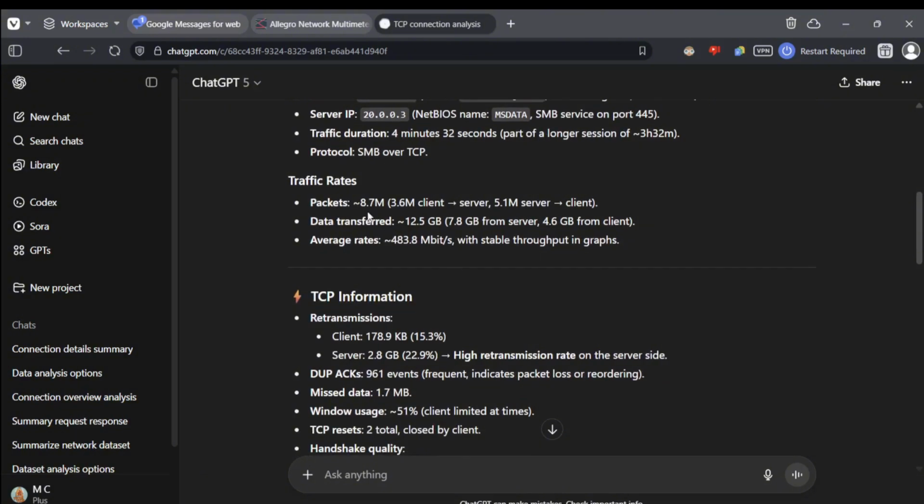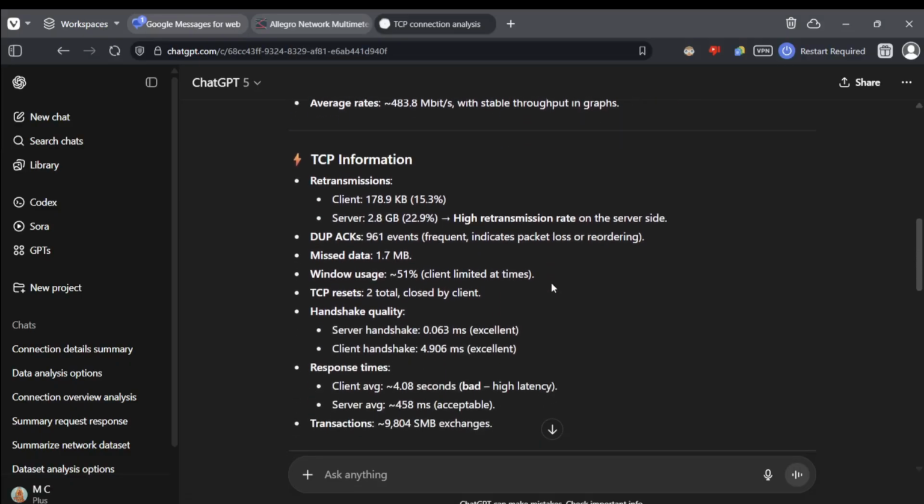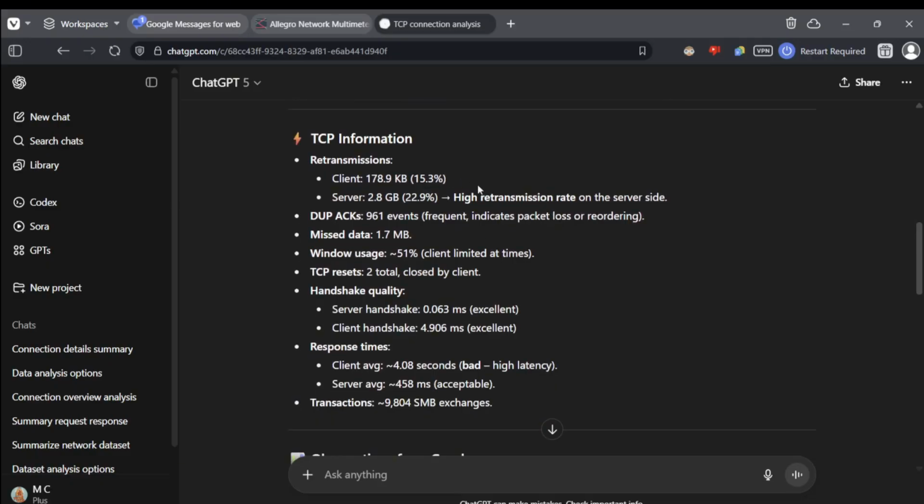Looking at the traffic rate, we can see the number of packets, the amount of traffic that was transferred and which direction it came from, along with the average throughput in this specific time. As I scroll down a little bit further, it's going to give me information that I should pay attention to